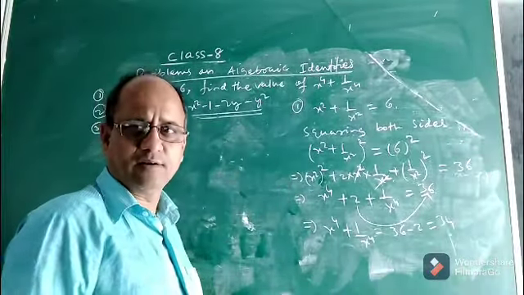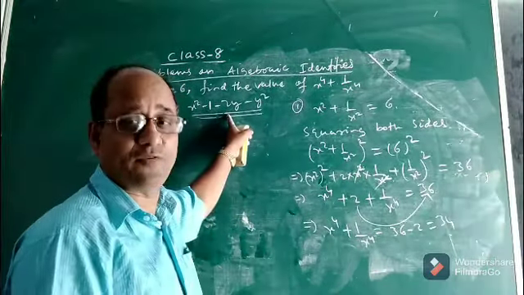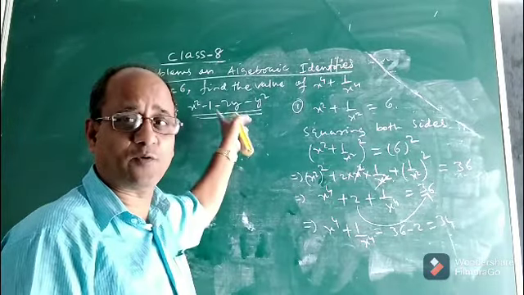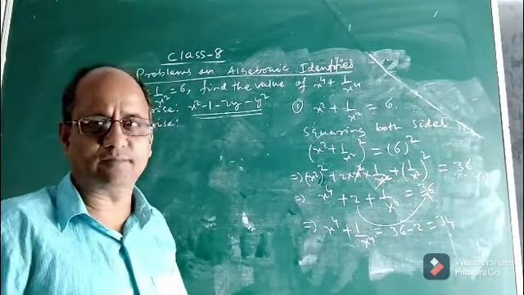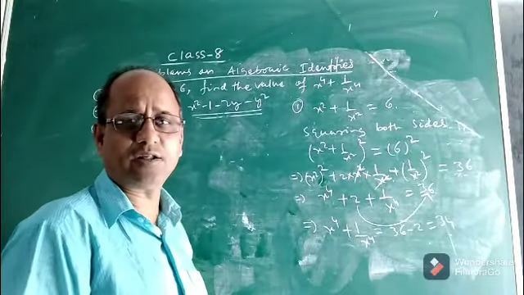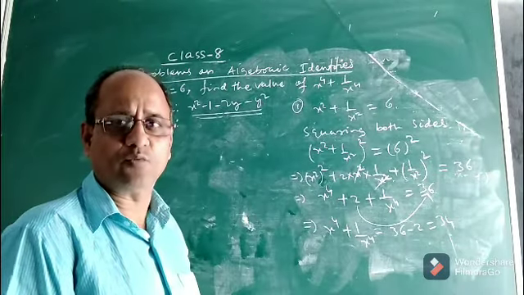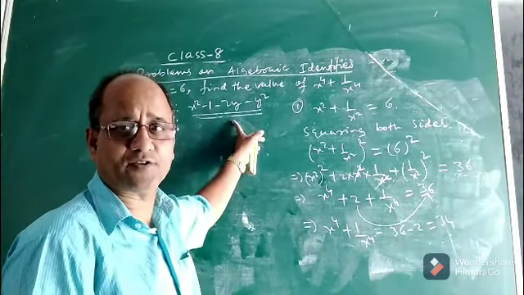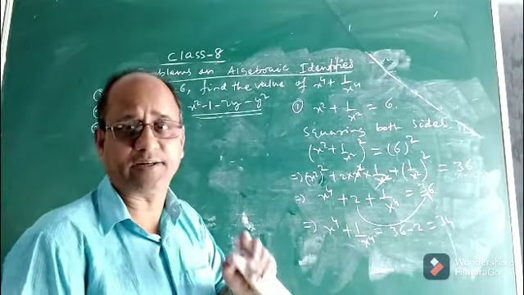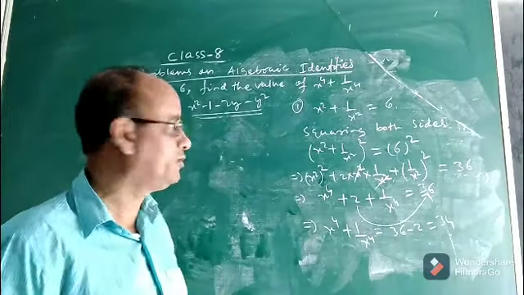Now look at children. To factorize it using identity, we have to see whether it is in the form of some identity or not. The answer is clearly no. If you look at these 4 terms, they are not in the form of any identity. So what will we do then? We have to definitely bring this expression into the form of some identity. Then only can we apply the formula. Now the point is how to bring it, see.